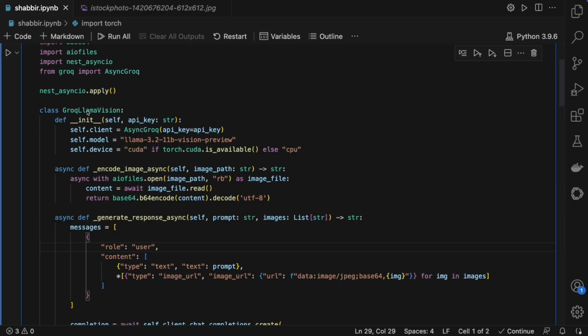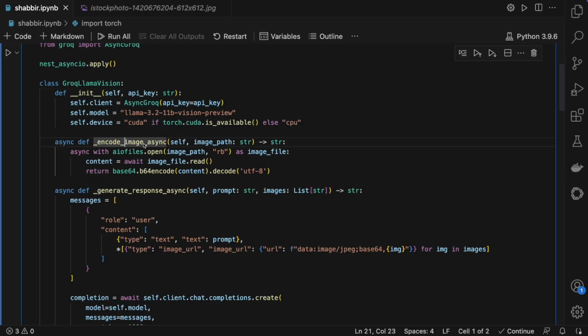If you see this entire Llama Vision class, there are multiple helper methods. First is the init method, which sets the API key. It sets the model. It sets the device: if CUDA is available, then use it, or else use the CPU. Then there is the encode image async function, which encodes the image into base64 format.